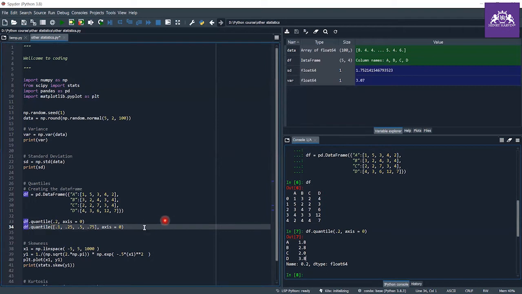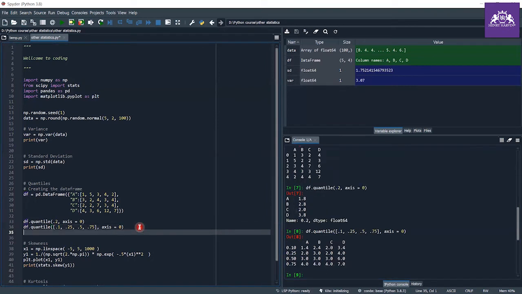If I want to calculate different quantiles for all these data sets, then I can just pass a list of quantiles in float format, and let me execute this. As you can see, I have calculated the quantiles for all of these data sets. For the A column, I have the 1.4 value. That means 10% of data is less than 1.4 for the A column. Similarly for the A column, 0.25 means the 25th percentile is 2.0.